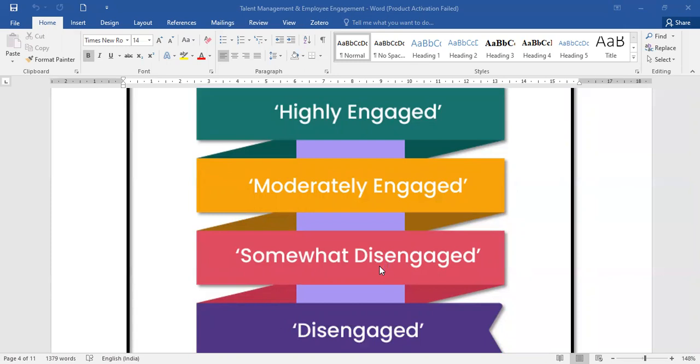So you should know the types of employees in employee engagement. Moderately engaged employees are the ones who see the organization in a moderate form. They see their company, but see opportunities for improvement. They are less likely to ask for more responsibilities and may underperform. So they will keep themselves average.